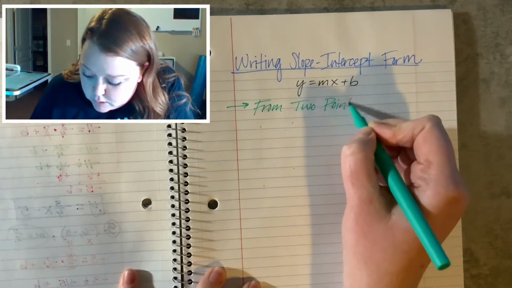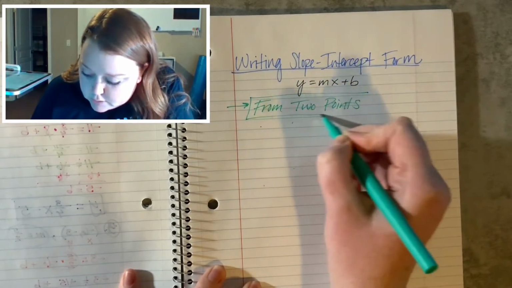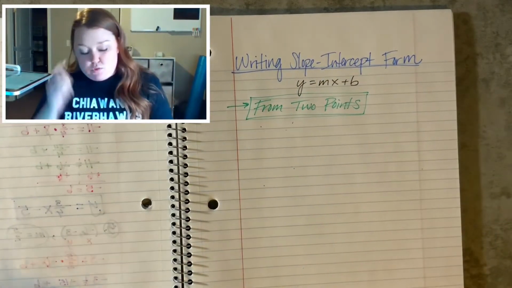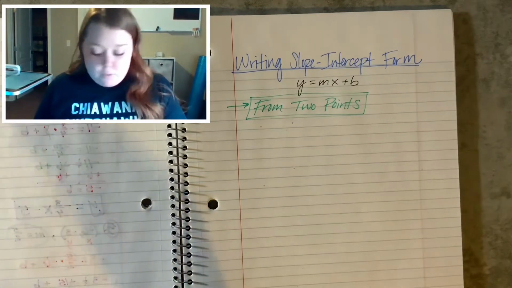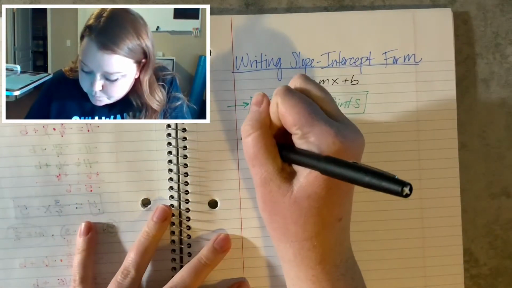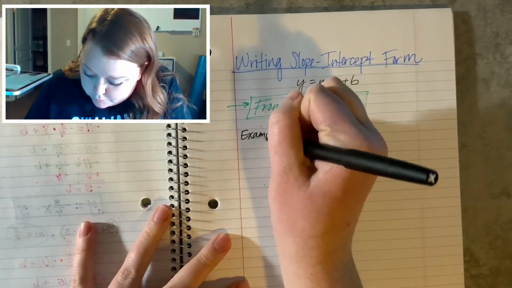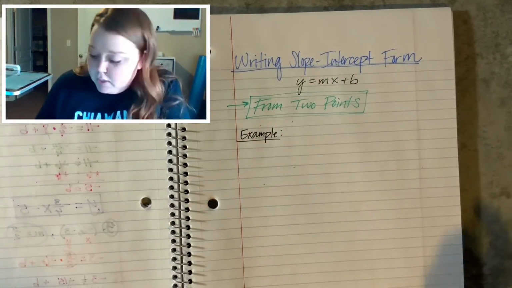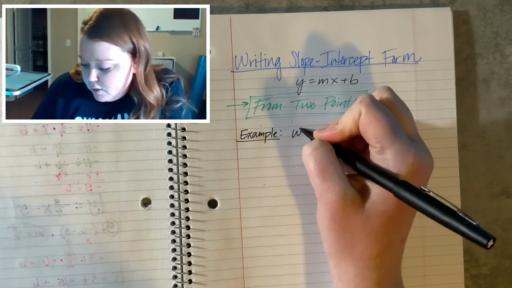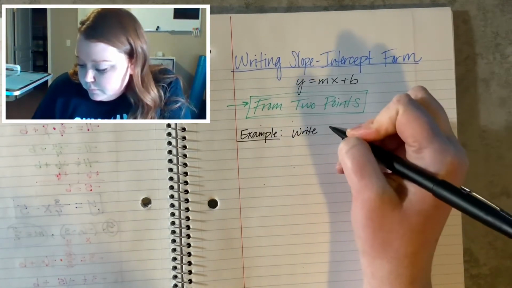And this is going to be a little bit more difficult than the last video. There's one extra step involved. So here we go. Let's start with an example. And we're going to write the full instructions this time. Not every time, but this time. So here's what it would say. Write the equation of the line